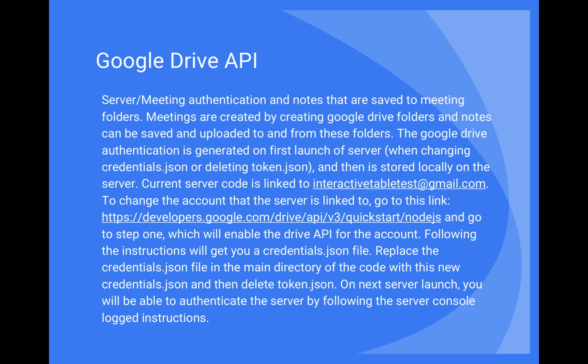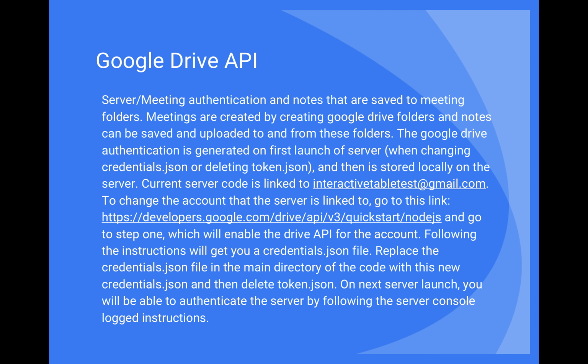is created when you load in the server. So on the very first time when you run the server, if it has the old configuration.json and token.json, it will load as if it was the account interactivetabletest@gmail.com. However, you may wish to change this to a different Gmail account or have a more fluid account authentication system. To do that, you would delete both the token.json and the credentials.json, then go to the link noted here,